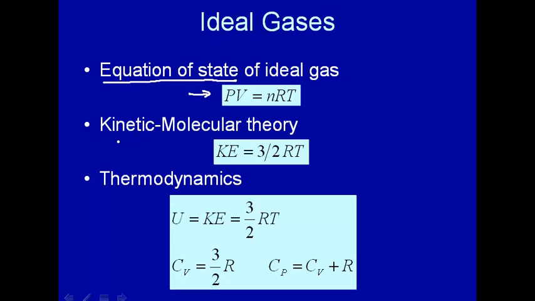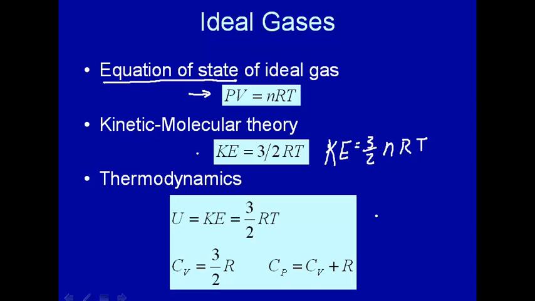Also in introductory chemistry, we talked about the kinetic molecular theory, and there we found that the kinetic energy was 3/2 RT. Let me rewrite this this way: kinetic energy was 3/2 nRT. So in this case, this would be the kinetic energy per mole. That would be the intensive variable. But if you have n moles, this would be the kinetic energy, which is the extensive variable,